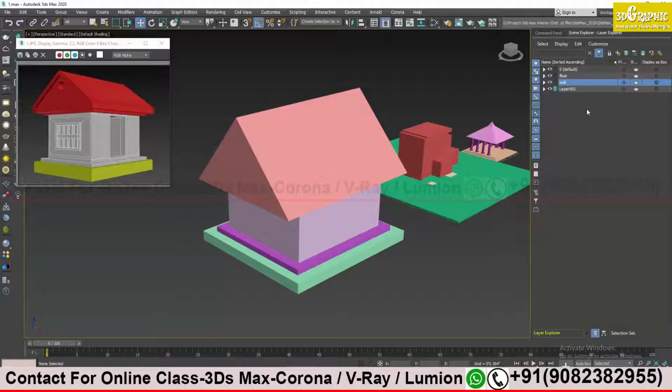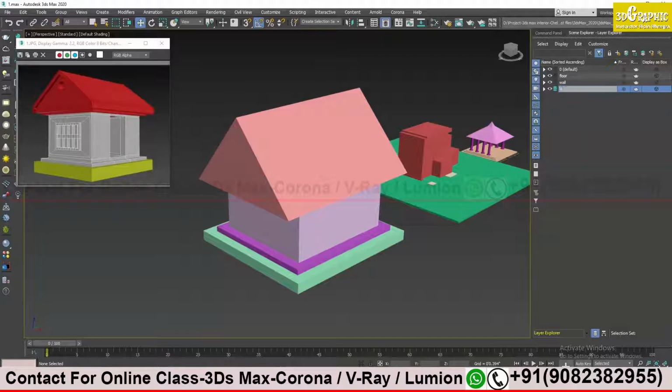Another way of renaming any layer is to select the layer, click once, wait for one second, and again left click. You see, now I can rename my layer.